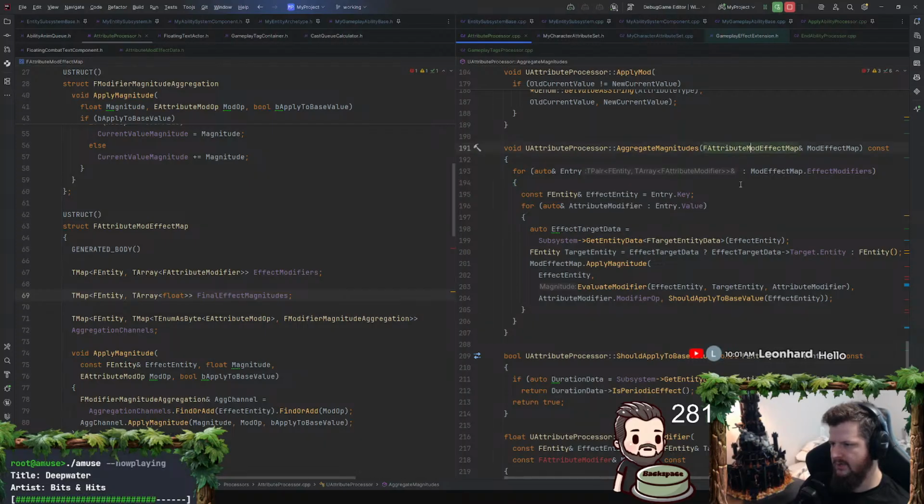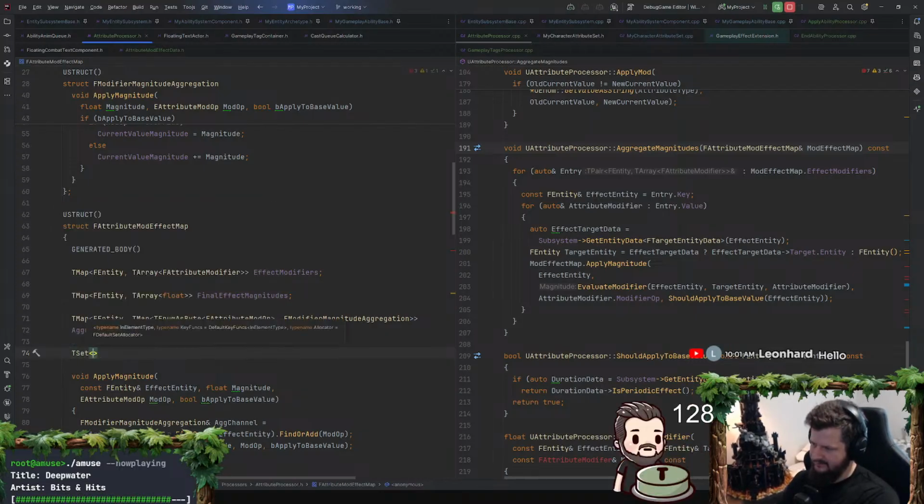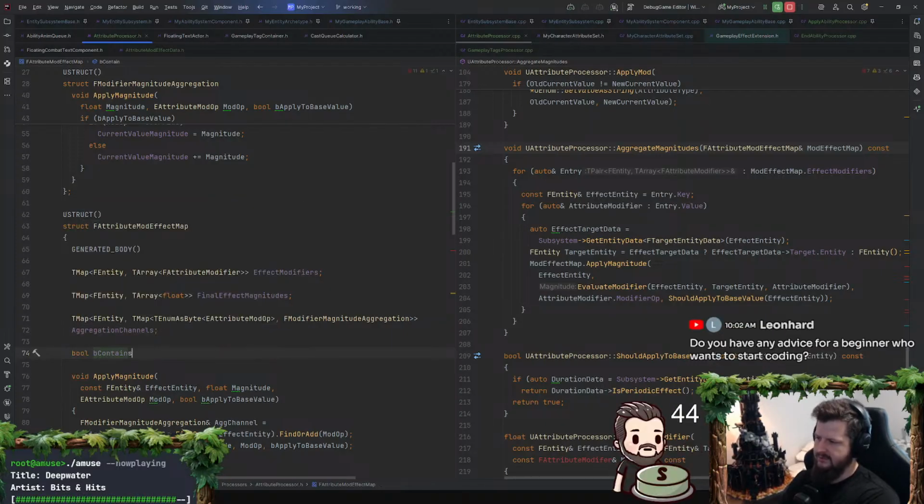We have the attribute mod effect map, which is this guy here. And I guess I kind of want a T set here, or no, it would be a bool. We would just want a bool for B contains override.